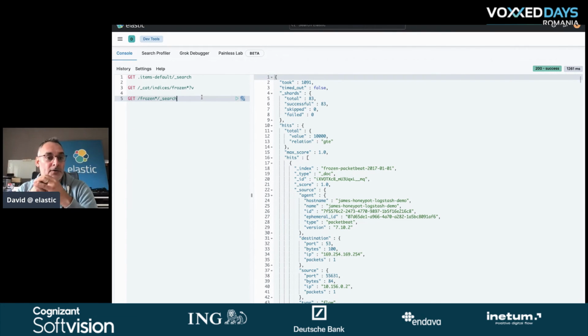So the cost for us is super low instead of having that live on the Elasticsearch machine. So it's archived on S3, for example, here. And we are able to search for the old data that we have collected previously. Just know that this feature is only available with a Platinum license. So it's not available for free. So I need to mention that.